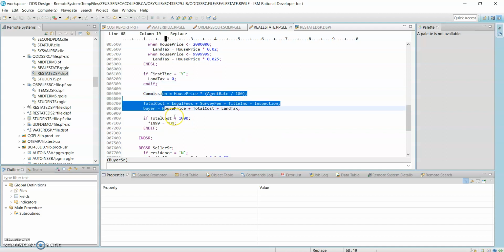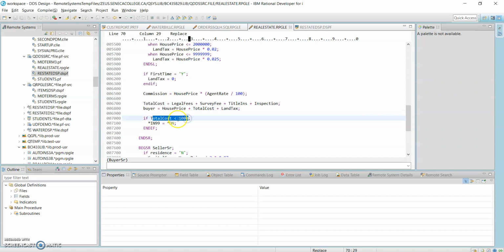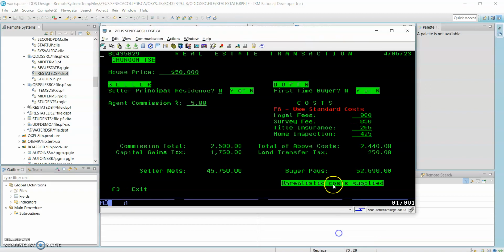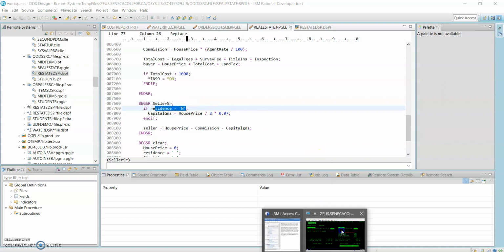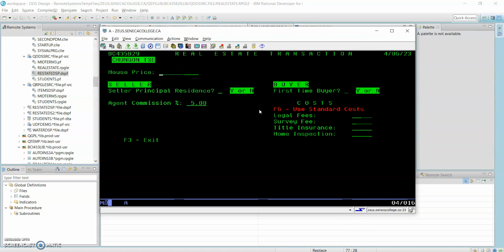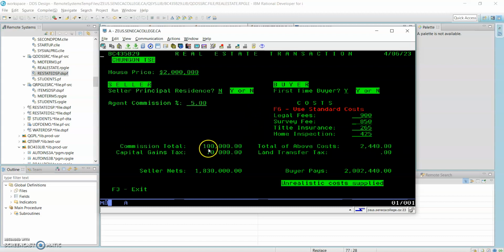The rest is like what you would do in normal programming. And if the cost is below 1,000, then we have the unrealistic cost. So this is what happens here. But I told you this was a bug. Well, I actually don't care, but this is it. On the seller side, you have the capital gains. So it is the house price, half of the price, and 7% of the half house price, if you are not living in your own house, right? So we can do again. Now we have a more expensive house here, and let's say it's like no land tax for now. So this is the capital gains,